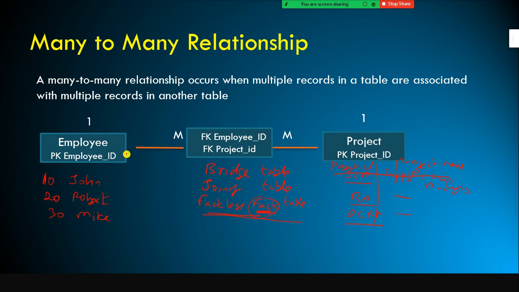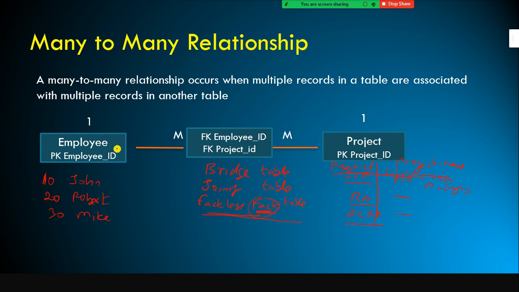Let's say your manager asks you, can I know how many projects John is currently working on? Can you give me a list of the total number of projects worked by each and every employee? Each employee can work on more than one project, and each project can have more than one employee. So in that case, how will you get the information?